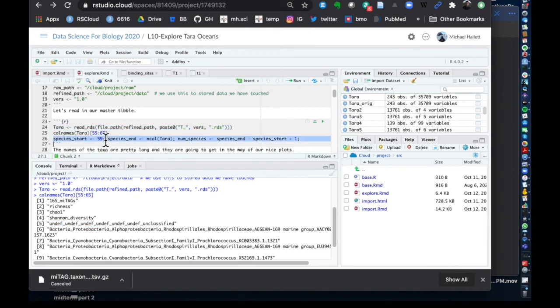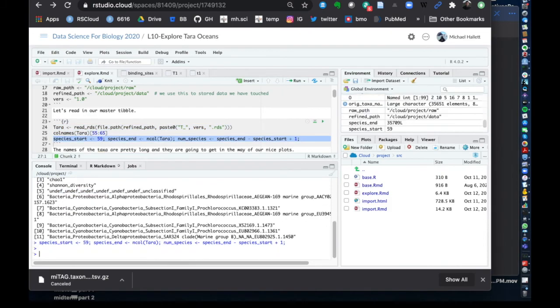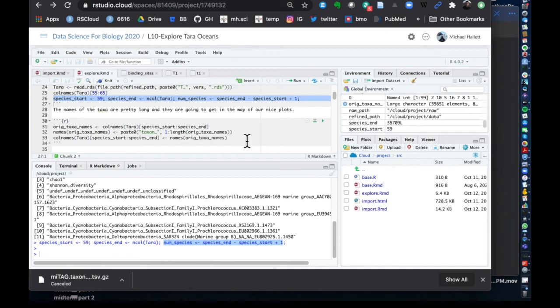And so for simplicity here, I'm going to set those numbers. Species start is 59, species end is the number of columns, and the number of species total is just the end minus the beginning. The taxa names are pretty long, right? These are giant strings of characters. So what I'm going to do is put them in a separate table and label all of our taxa from 1 to 35,000. So for example here, if I do this,